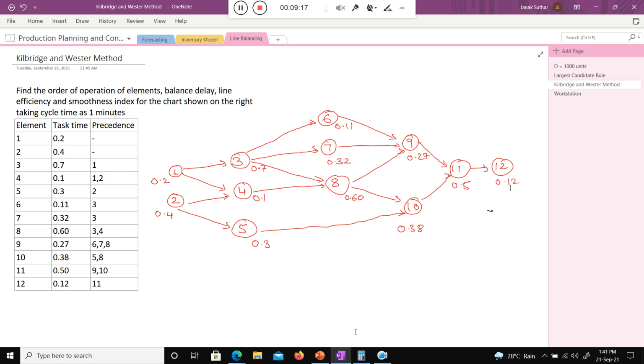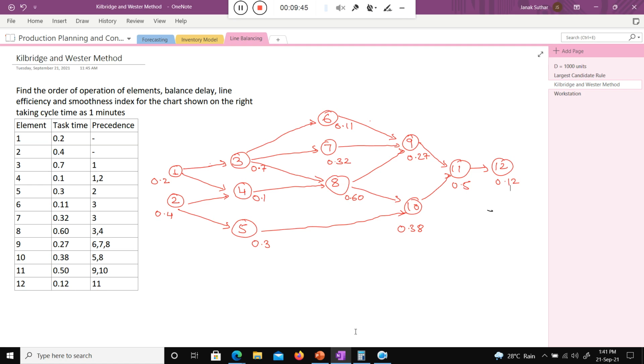Is there any doubt how to draw this network diagram, or you can say the precedence diagram? No doubt? Okay. So I consider there is no doubt, you understood how to draw this precedence diagram.